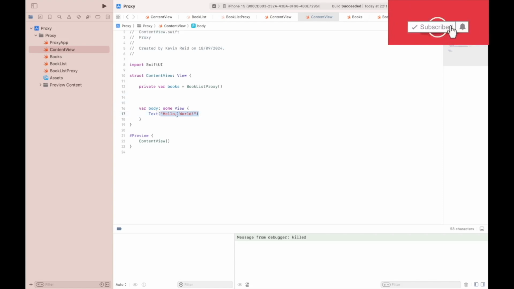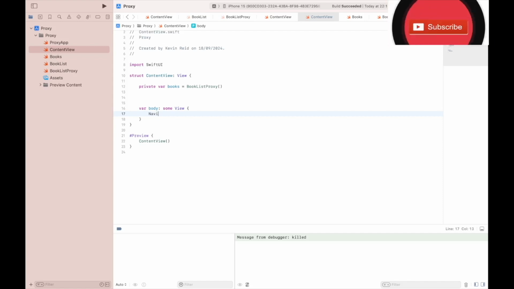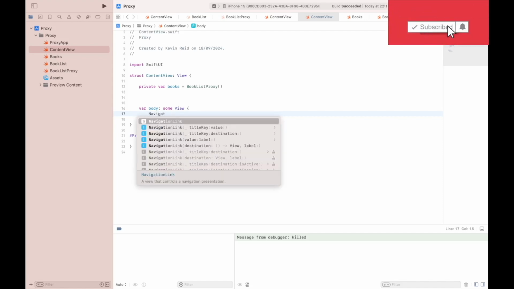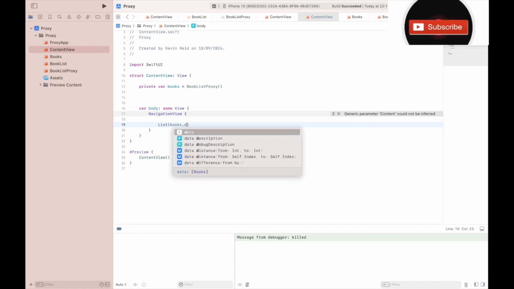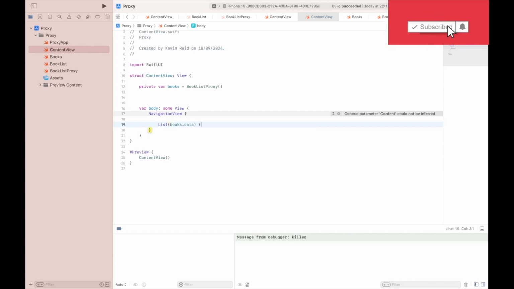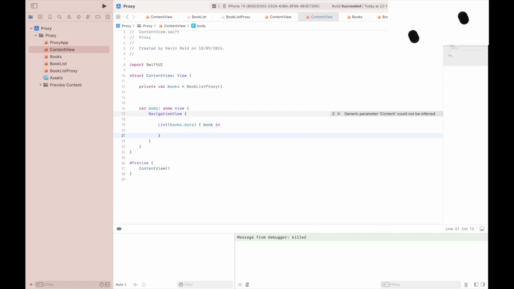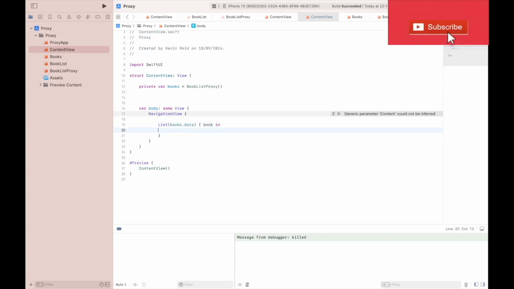We can delete line 17, add a NavigationView, create a List to display each item of our books, books.data. Within our closure, we need to add